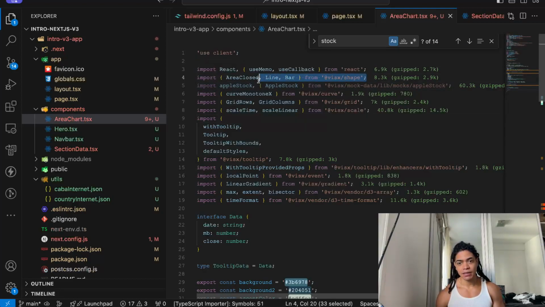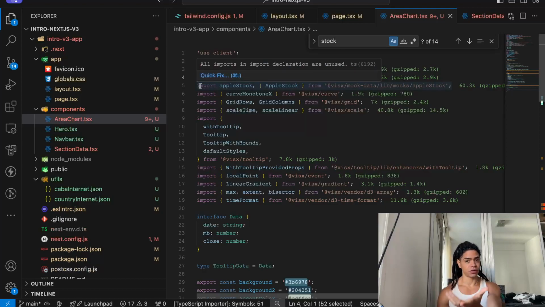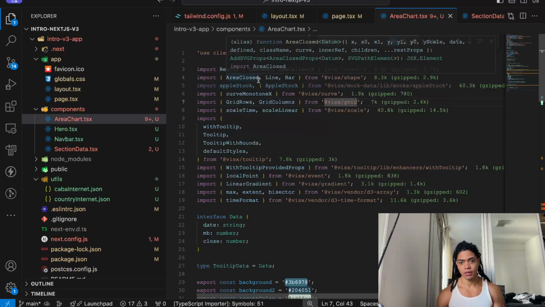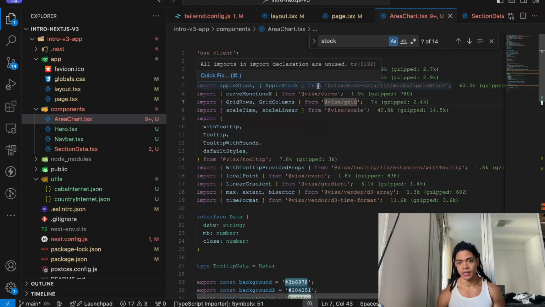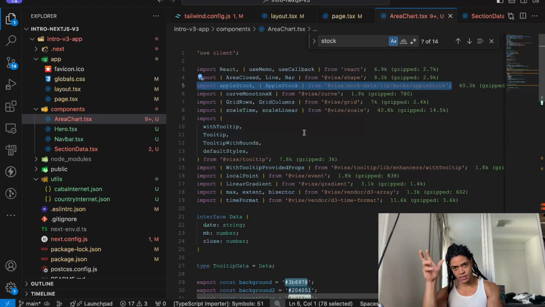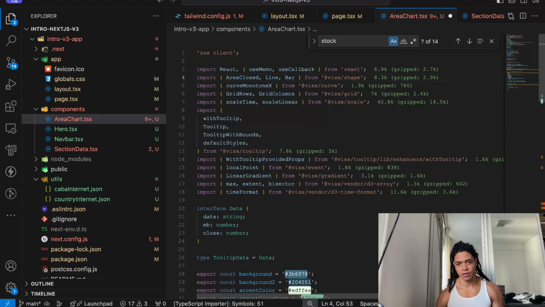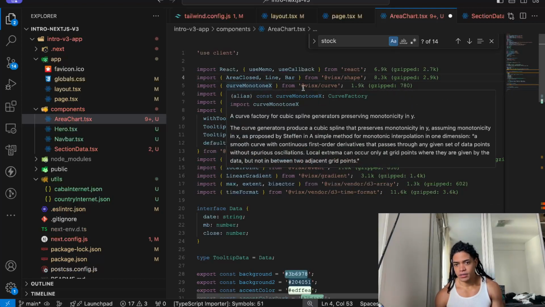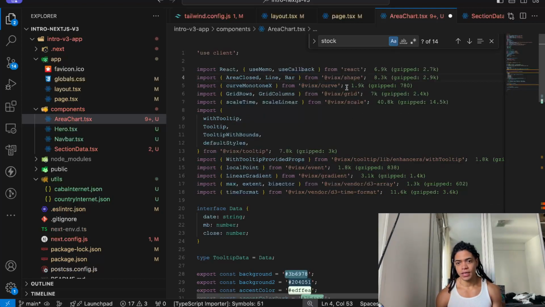This now is the library that comes from Airbnb. Okay, this is the data that we're not using anymore because that's the mock data that they have there. Cord and Modern Extent also come from that particular package, as well as the VX from the grid and the scale.